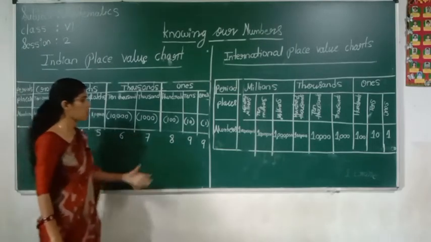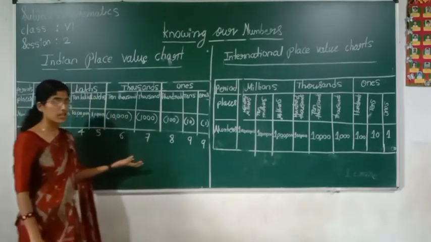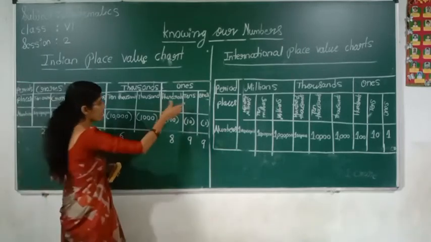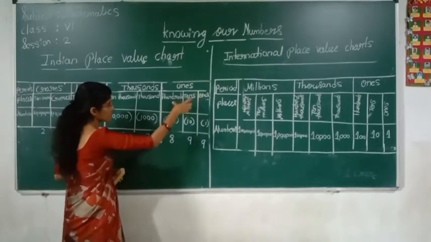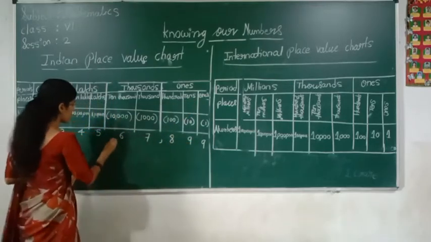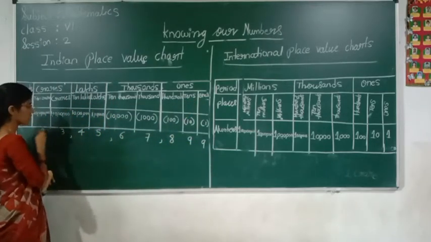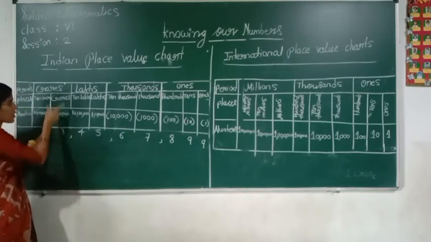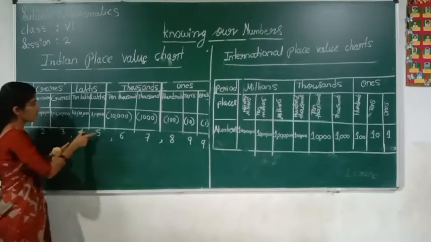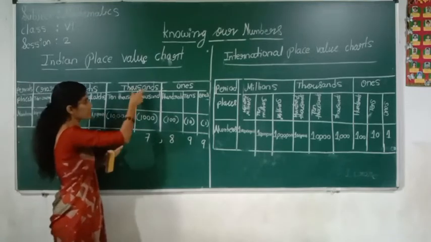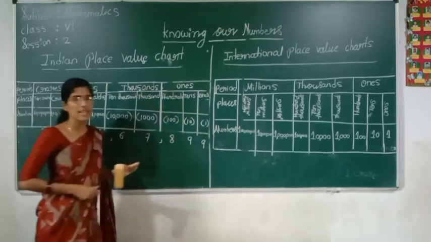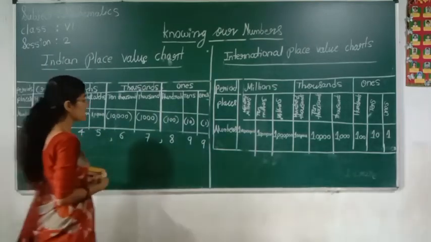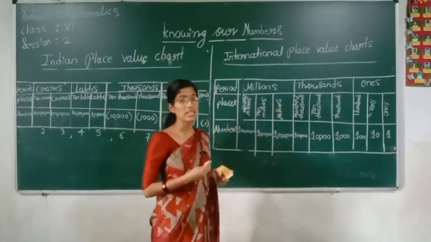Now see here, how to read this number and how to give commas for this number. After every period we have to give a comma. This is one period. After every period we are giving a comma. Then how do we have to read here? 23 crore, the family you have to read. 23 crore 45 lakh 67,899. See, commas help us to read the large number.